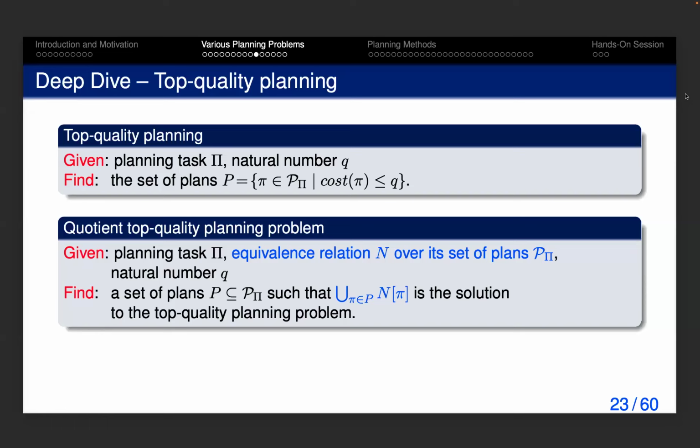We have the equivalence relation, and we want to find a set of plans such that every equivalence class will be represented, right? So basically, you don't need equivalent plans, but you need at least one plan representation from every equivalence class, right? So that means that the union of all equivalent classes of the plans in the set are the top quality planning solution,